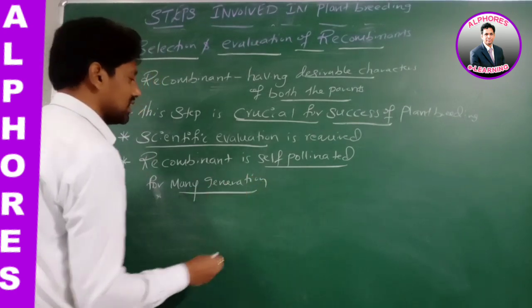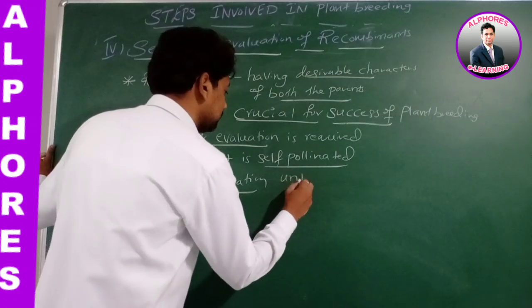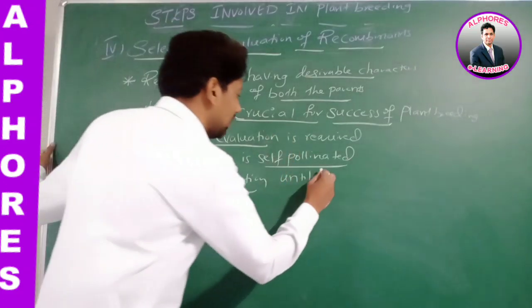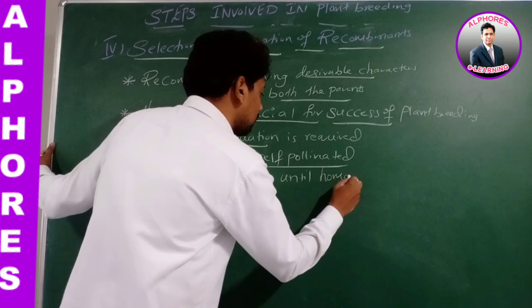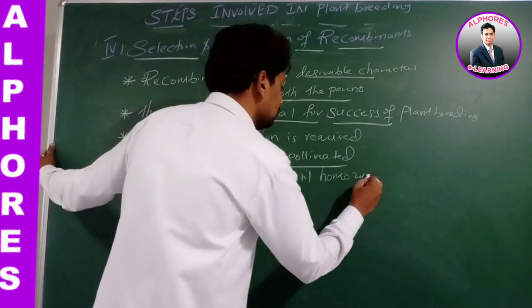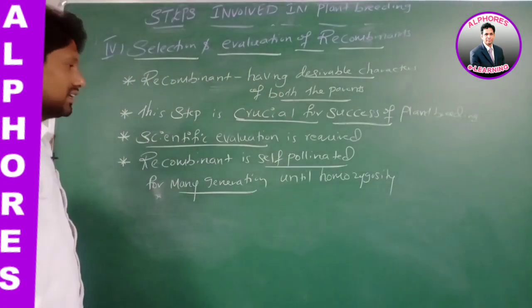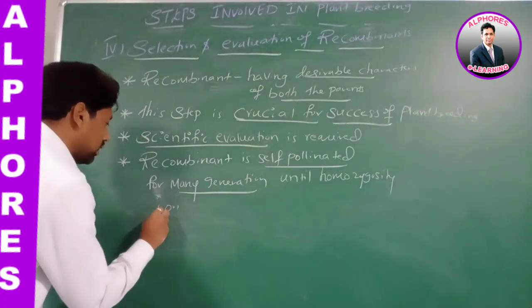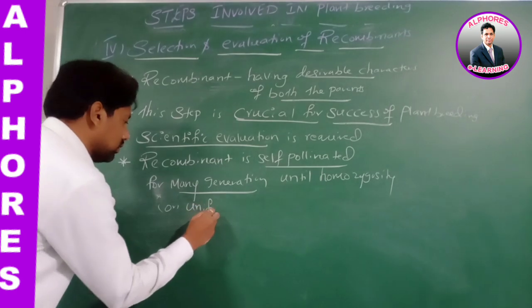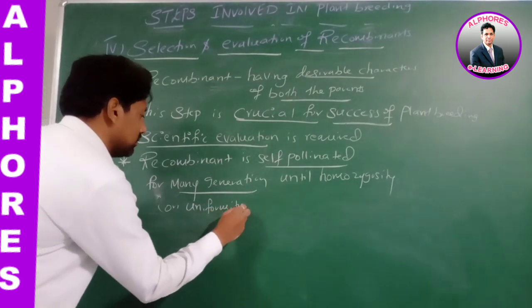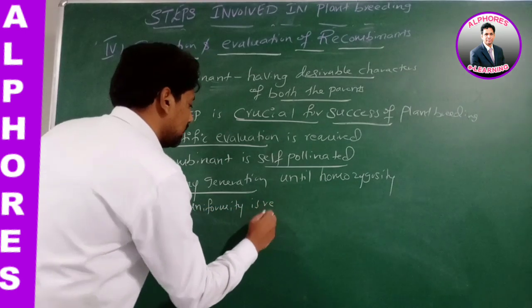Many generations until what is reached? Until homozygosity, until homozygosity or uniformity is reached,